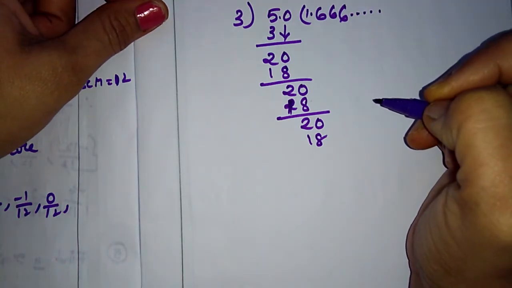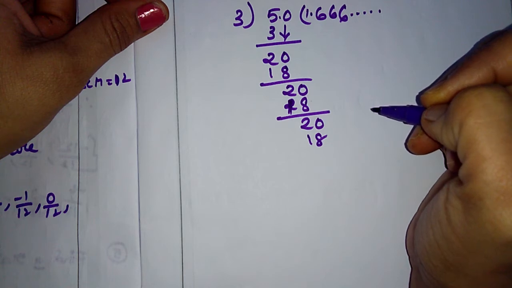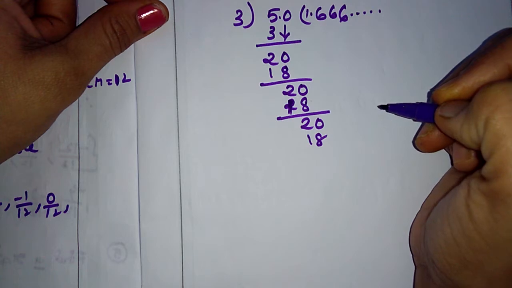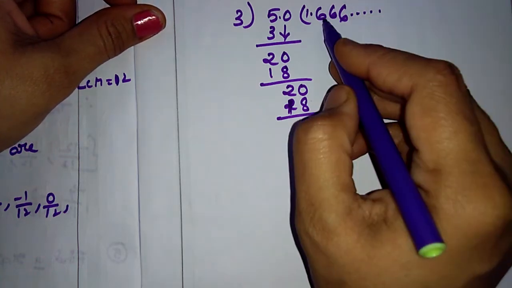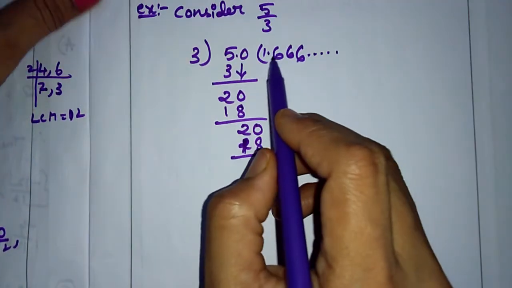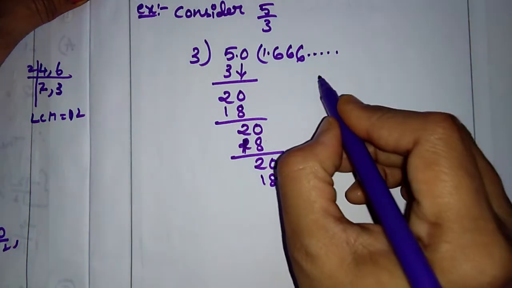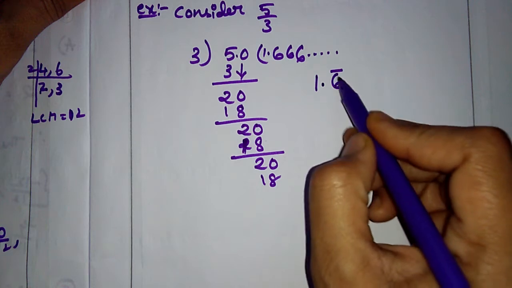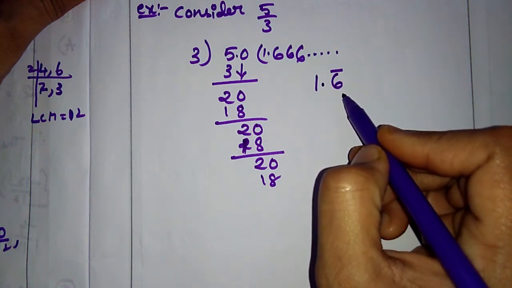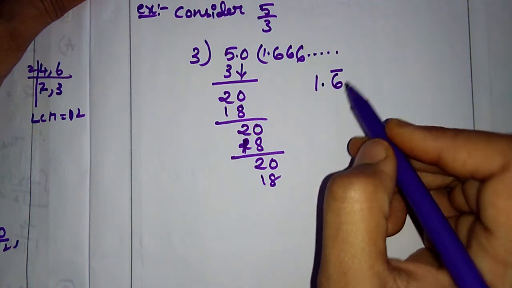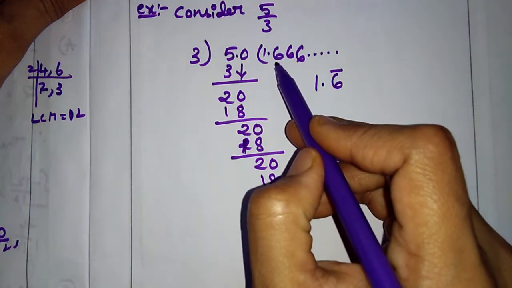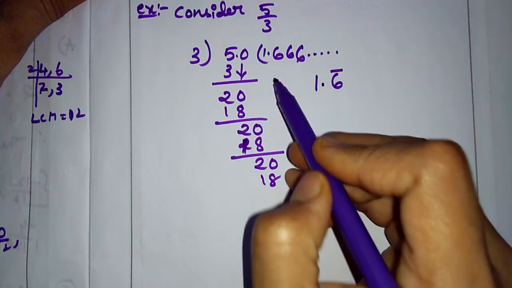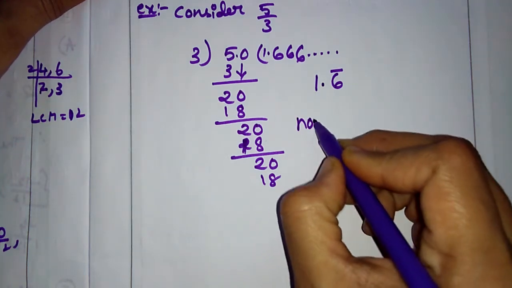These are called non-terminating recurring decimals, children. Why? Because this 6 is repeated many times. See, children, this 6 is going on and on. So this can be written as 1.6 with a bar, like this we have to write. Children, this is one method. Many times when we are dividing, we get these digits repeatedly like this. So these are called non-terminating